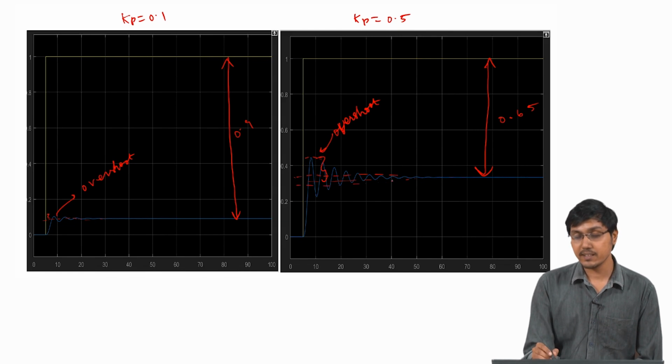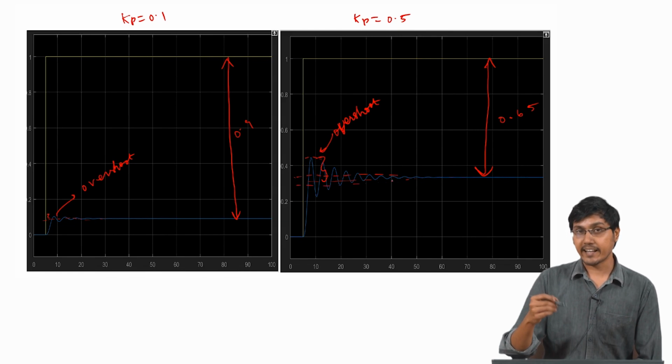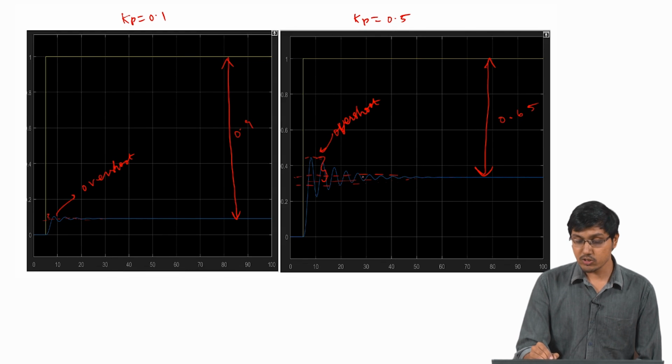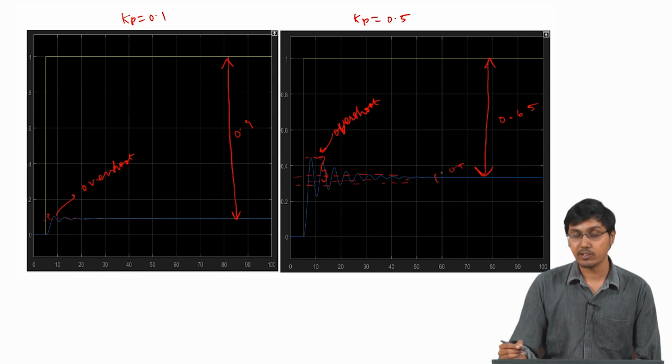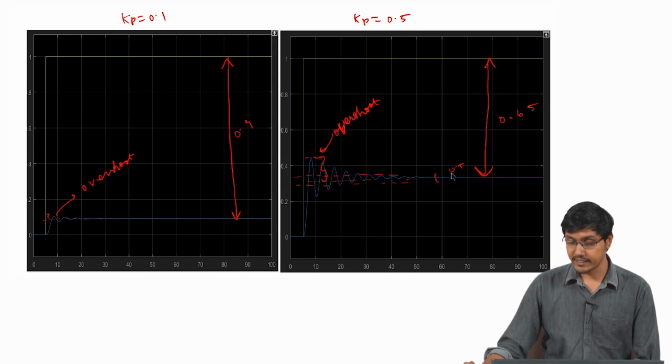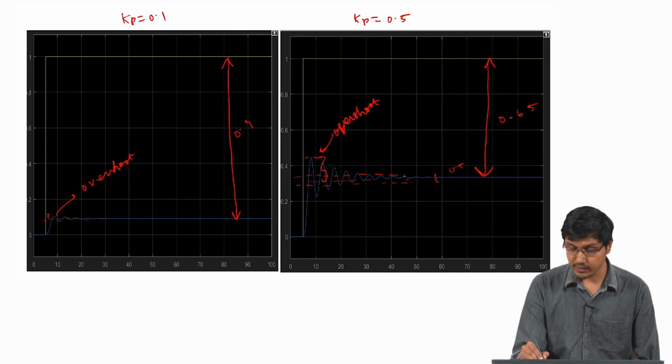Settling time is nothing but the time taken for this value to go between the two ranges. For example, let us say 0.5 is the final value. To be within 0.2% of this particular value is what we call settling time, and this has become somewhere around here,